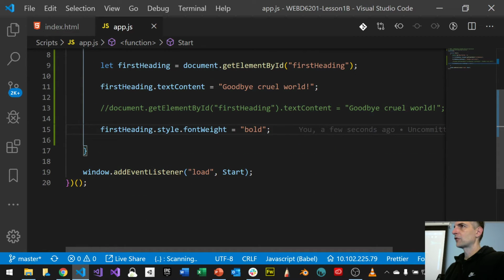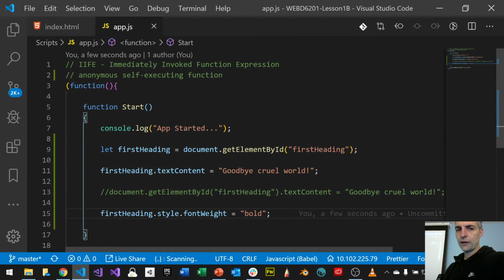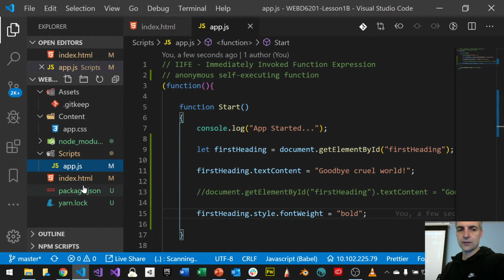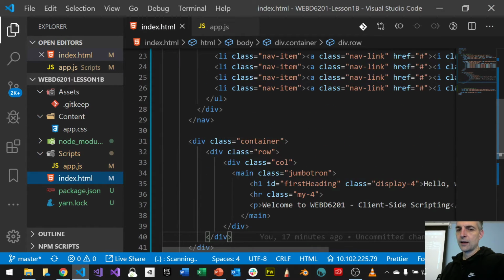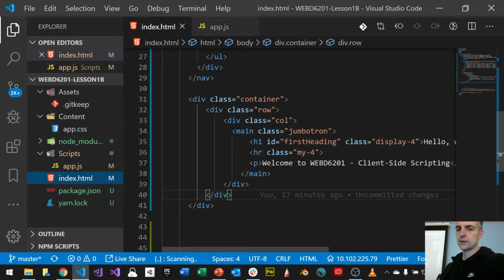It allows us to change content. It allows us to add different elements. So if I want to hook into something else now, challenge for you guys. I'm going to go back to my index.html page. Here it is, right? I want to hook into this